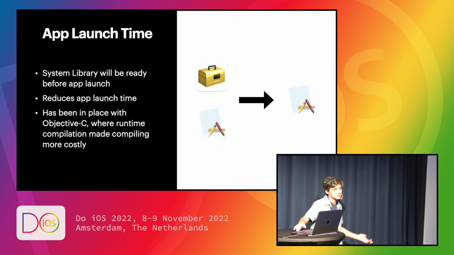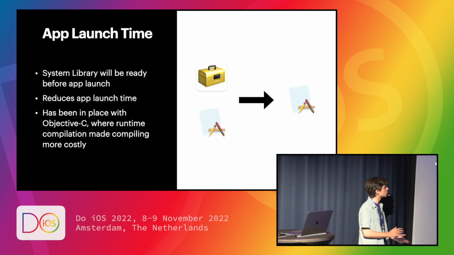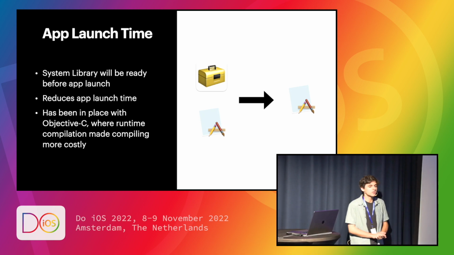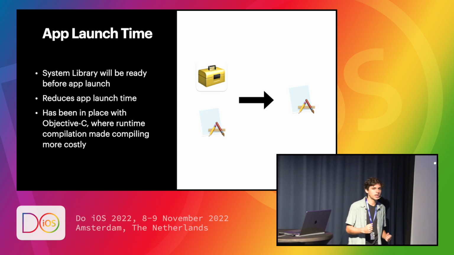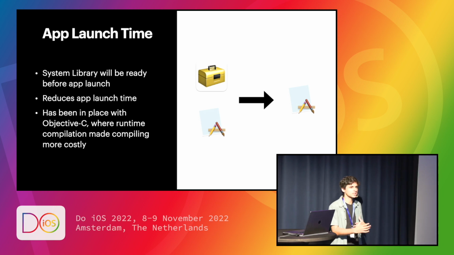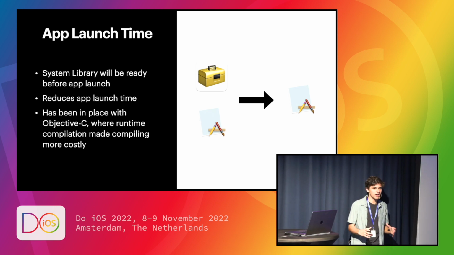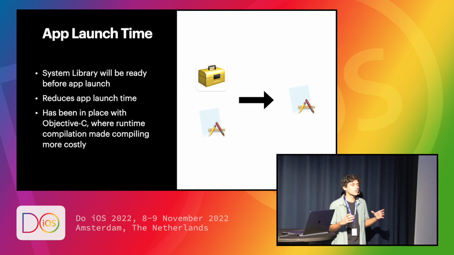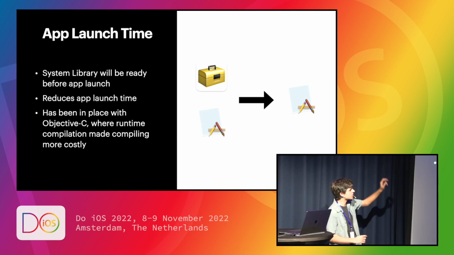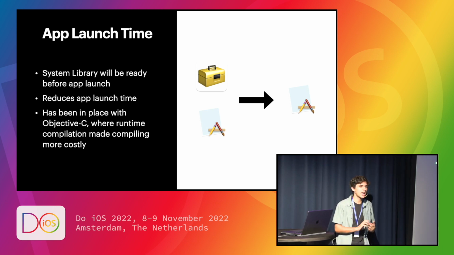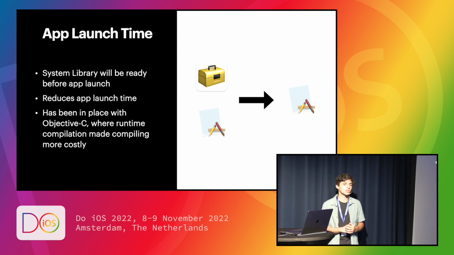In addition, not only does it decrease storage, but it's going to improve our efficiency with respect to time. Our system library is now ready before app launch, because rather than needing to compile that like with Objective-C, where we had that just-in-time compiler that really slowed things down, we are now able to compile this well before the app even launches. So instead of having to deal with launching two different pieces of technology, we just launch the app itself each time you tap on that button on your home screen. That's all that's running. The actual information needed to read your app is already up and running in the background on your phone, and that's going to make launch time smaller.